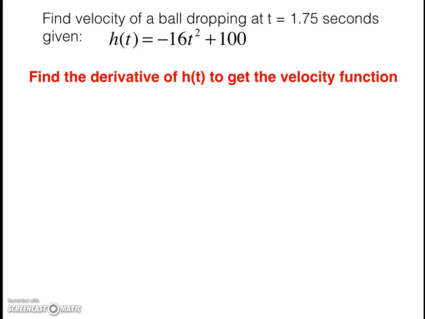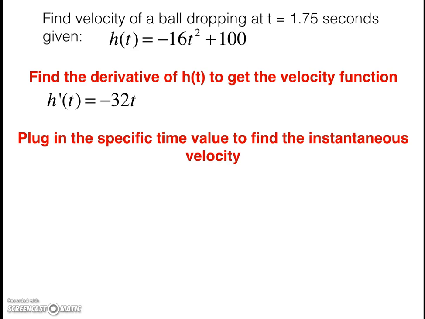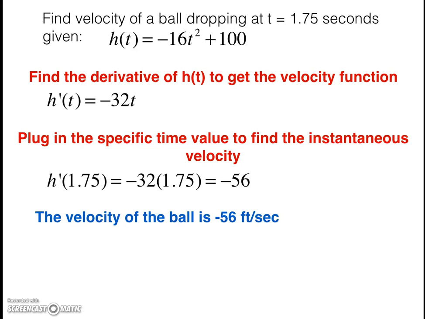When it says find the velocity, we're going to take the derivative of h of t, and we're going to use our shortcuts, our power rule. h prime of t equals negative 32t. We're going to plug in the specific time value to find the instantaneous velocity. So when we plug in 1.5, we get negative 56, which means the velocity of the ball is negative 56